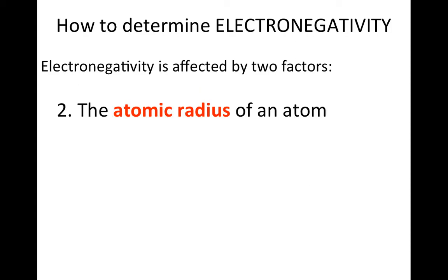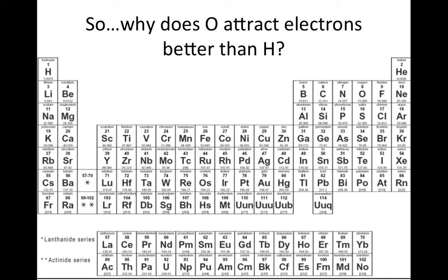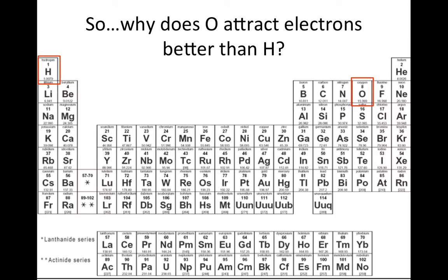The second one is atomic radius. The larger the radius, that means the valence electrons are further away from the nucleus, the weaker the attraction to the positive charge of the protons in the nucleus. So as we go from left to right, so as you can see here,